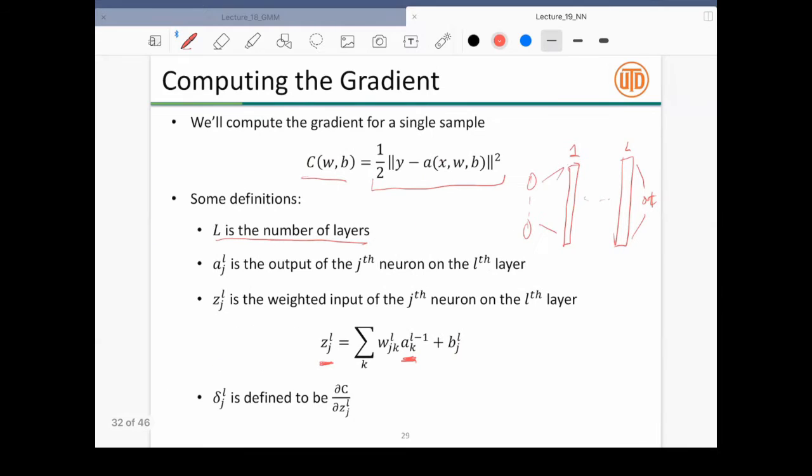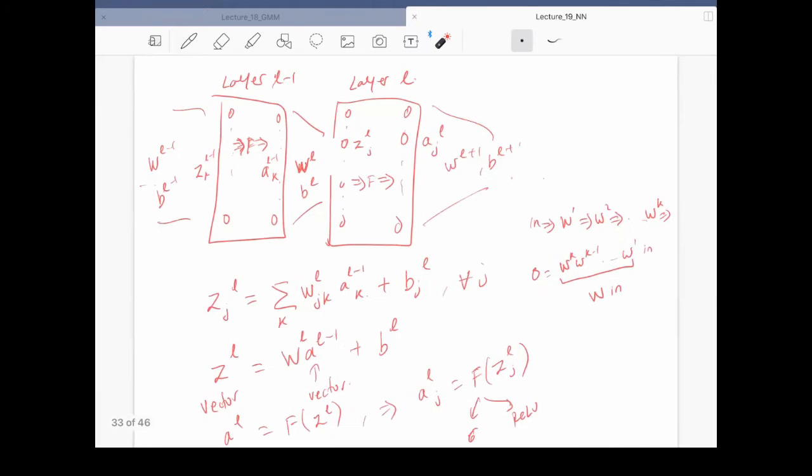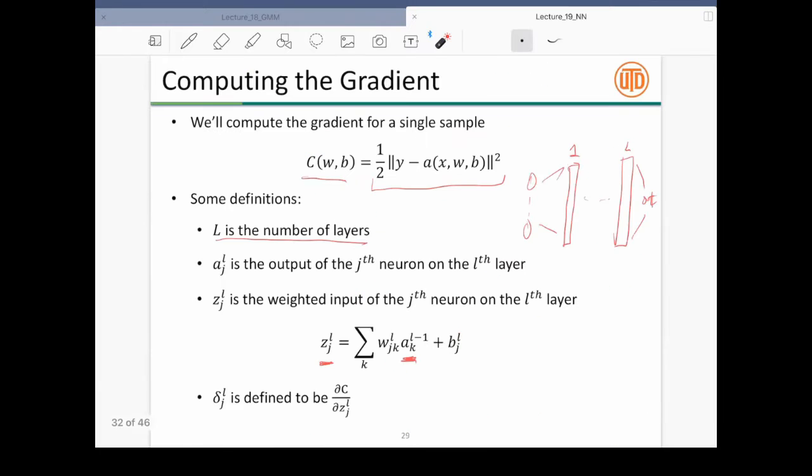Okay, so as I promised, because I started the recording late, I'll just go over the notation again very quickly. L here is the number of layers. So you have the first layer followed by the Lth layer. Each layer, as we defined, is expressed as one weight multiplication followed by a non-linearity. F here is a non-linearity.